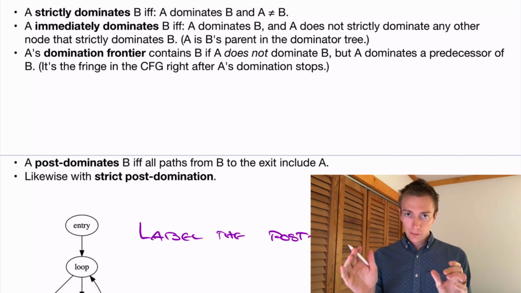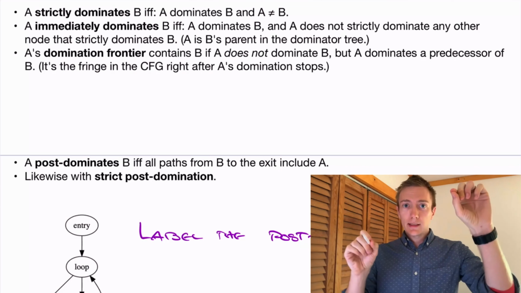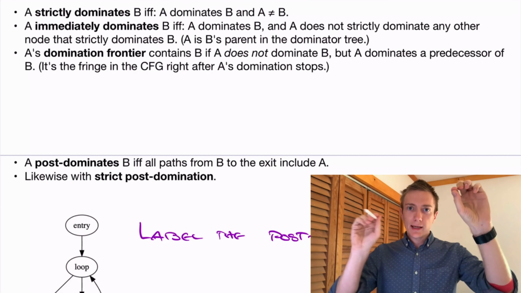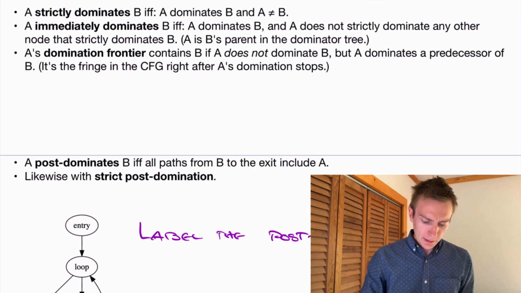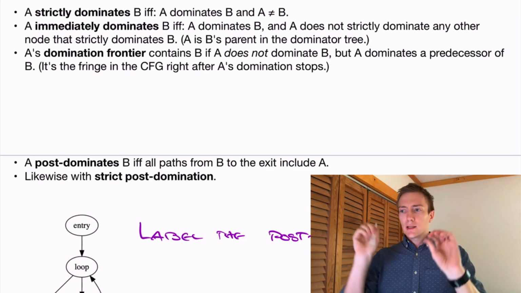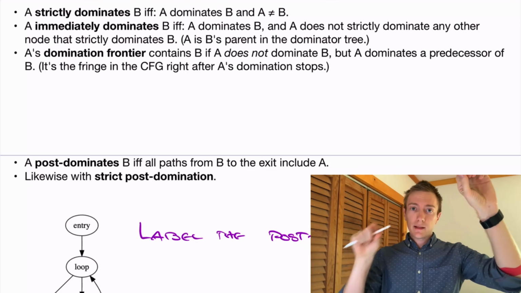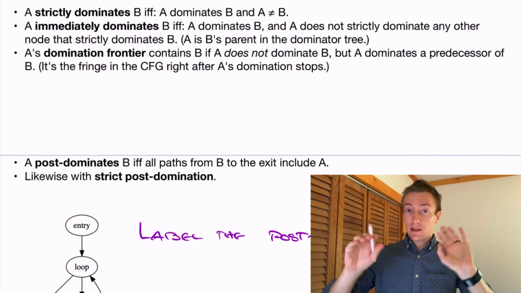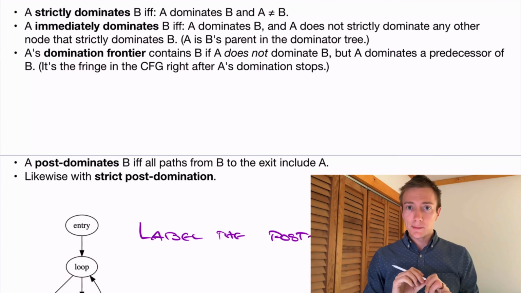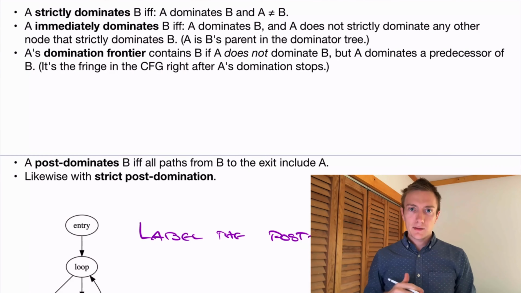So to put it formally, the domination frontier for a given node A is those nodes that are not dominated by A, but one of their predecessors is dominated by A. If you want to think about it this way, if you have a node all of whose predecessors are dominated by A, then that node would also be dominated by A. But if you have one where just one of its predecessors is dominated by A, in that range of domination of a given node A, then we call that the